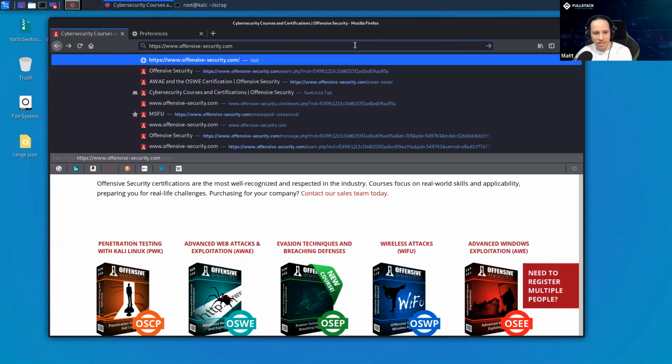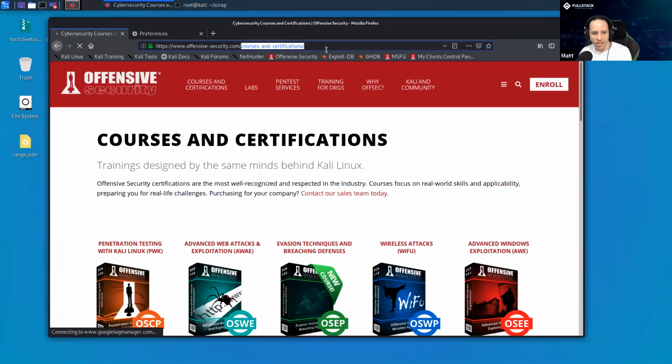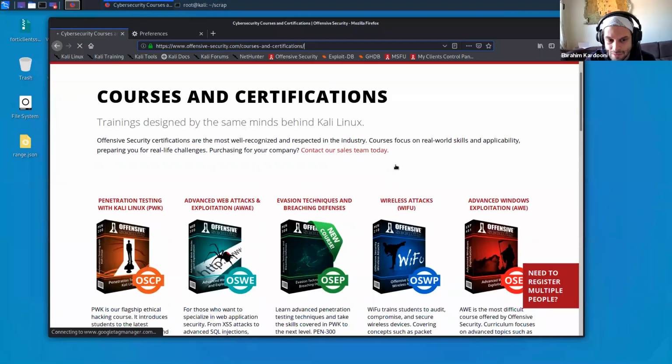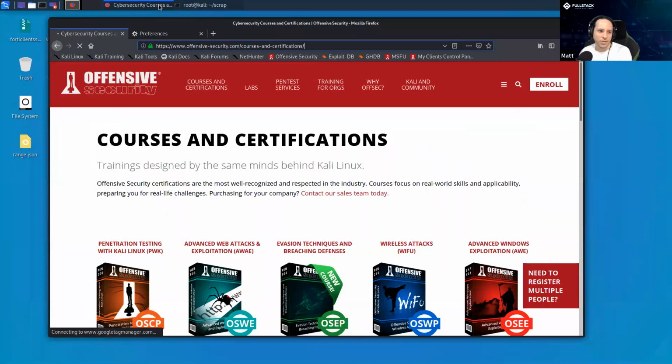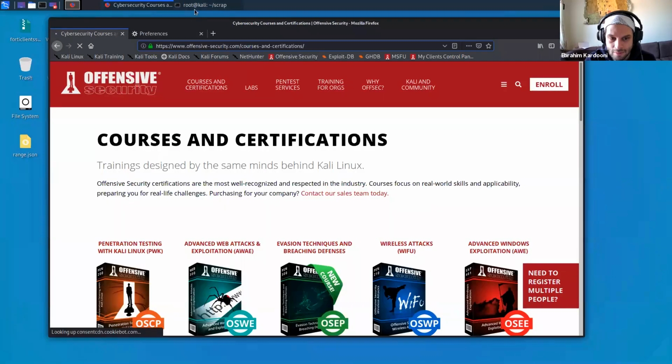How deep on the website am I going, right? This is the root of the website. If you click here, now I'm on /courses and certifications. If I'm on something else, it's one deeper. Think back to when we were doing Essentials and you had to spider that website and go down as deep as you could with wget. You did wget recursive. That one is down as far as it could. Here I'm talking only a depth of 1.